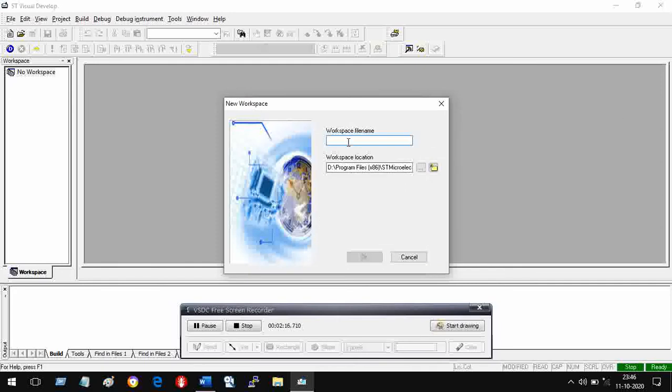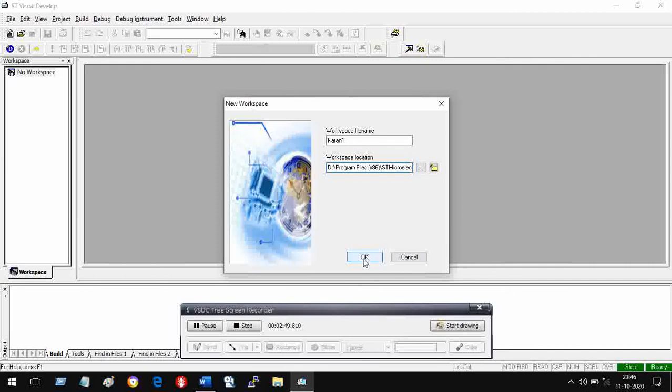So whatever name you want to give to this workspace, I like it, I will write as Karan 1, and this is the workspace location. You can see where your workspace is at any point of time. If you want to see where your workspace is, then you can always come to this place. How do you come to this place? By coming to project. We will see that.